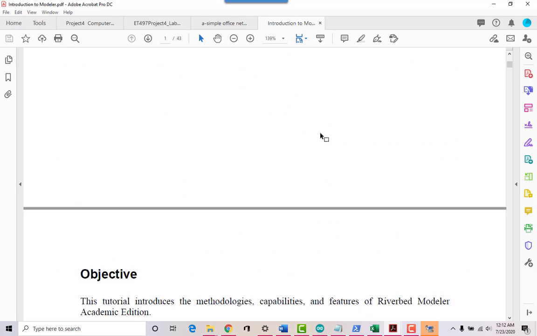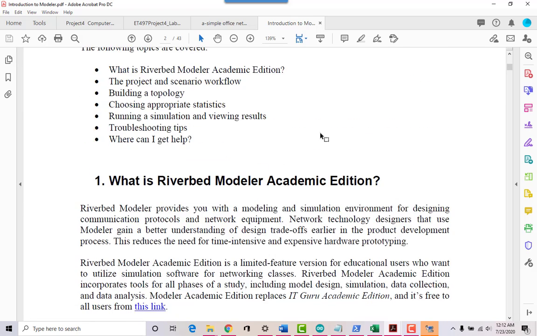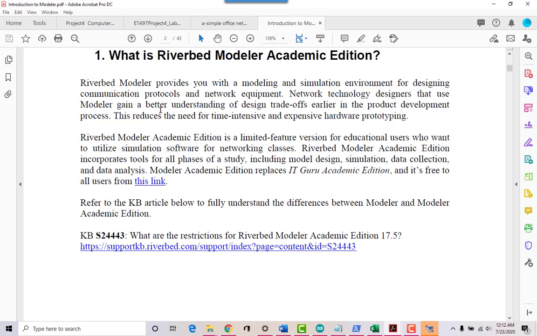So if you see over here, okay, the Riverbed Modeler provides you with a modeling and simulation environment for designing communication protocols and network equipment. Network technology designers that use Modeler gain a better understanding of design trade-offs earlier in the product development process. This reduces the need for time-intensive and expensive hardware prototyping. Right?